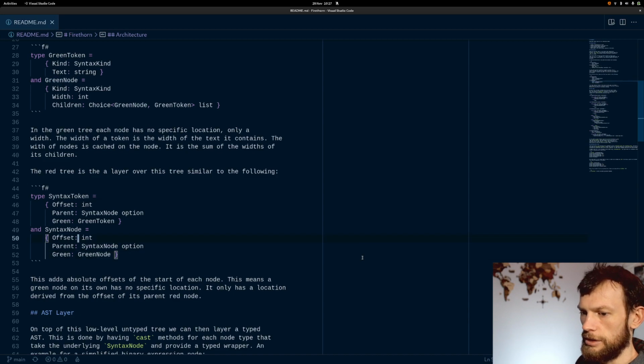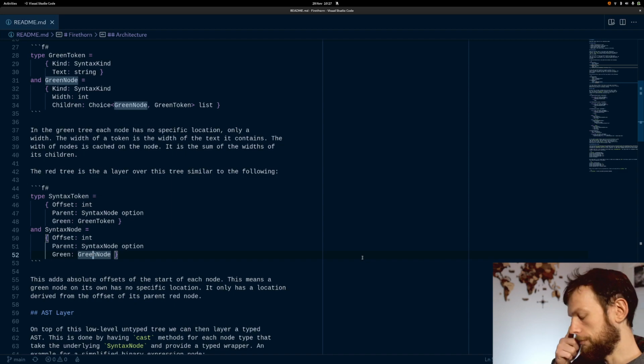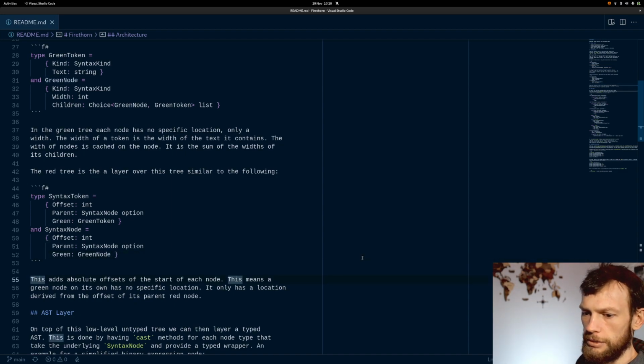And the same thing for the syntax nodes, where it has the absolute offset. What happens here is, with the offset and then the width of the green node, you can work out the span of the whole syntax node in the tree. And the only way to create one of these red nodes is to start at a root and effectively walk